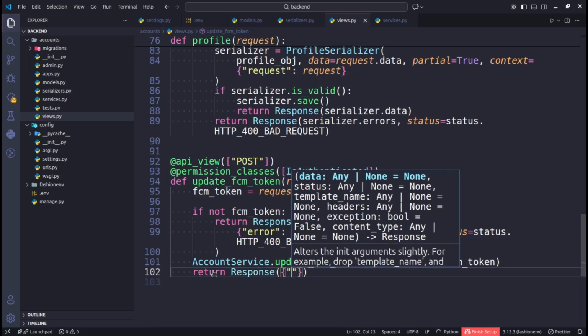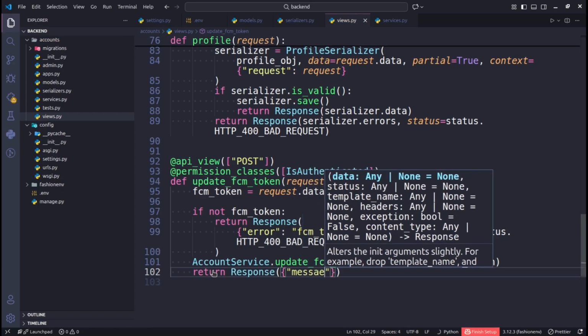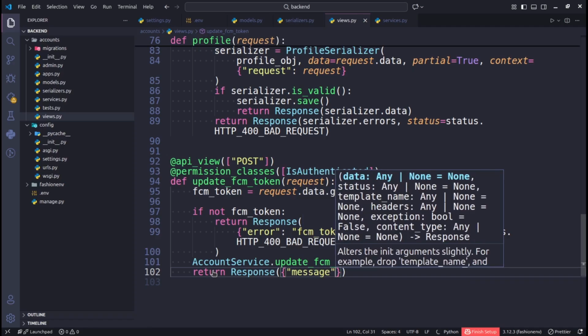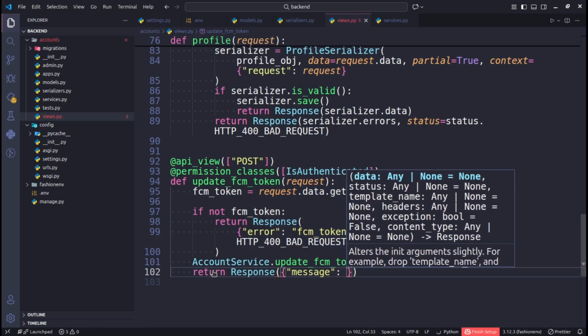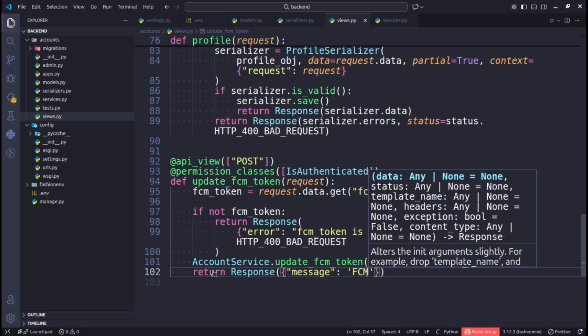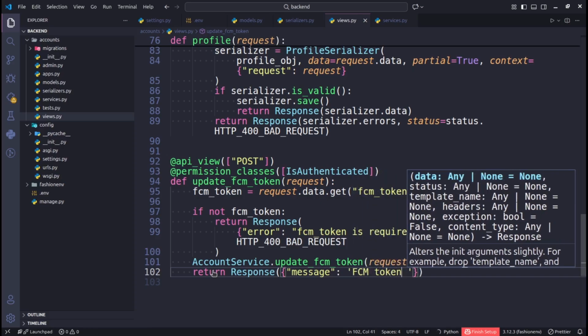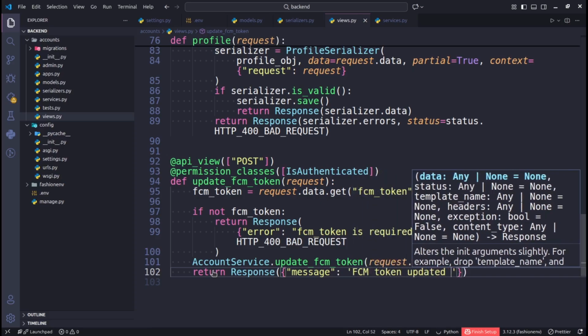We need to say message. So message here, we need to do what? So remember this one, we're gonna say FCM token updated successfully. So that is it. So then from there, after we have done that, now we can go